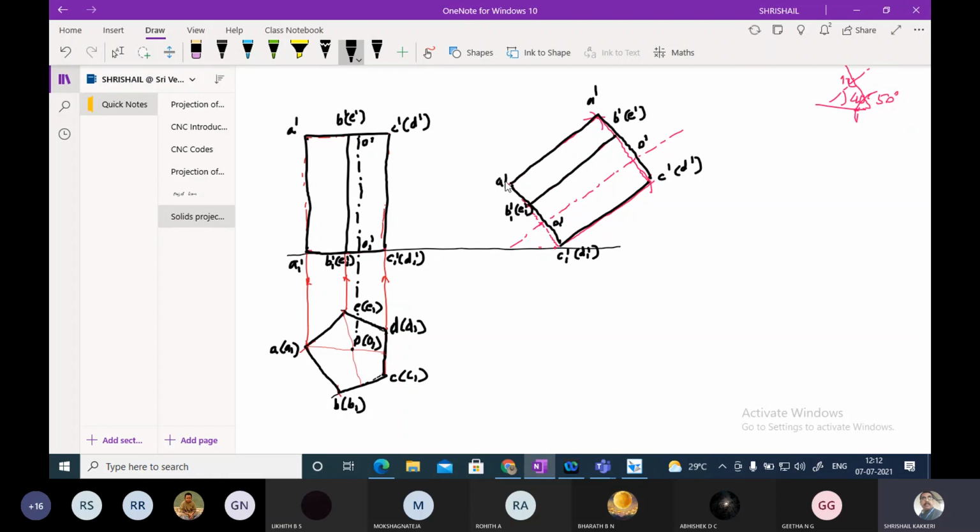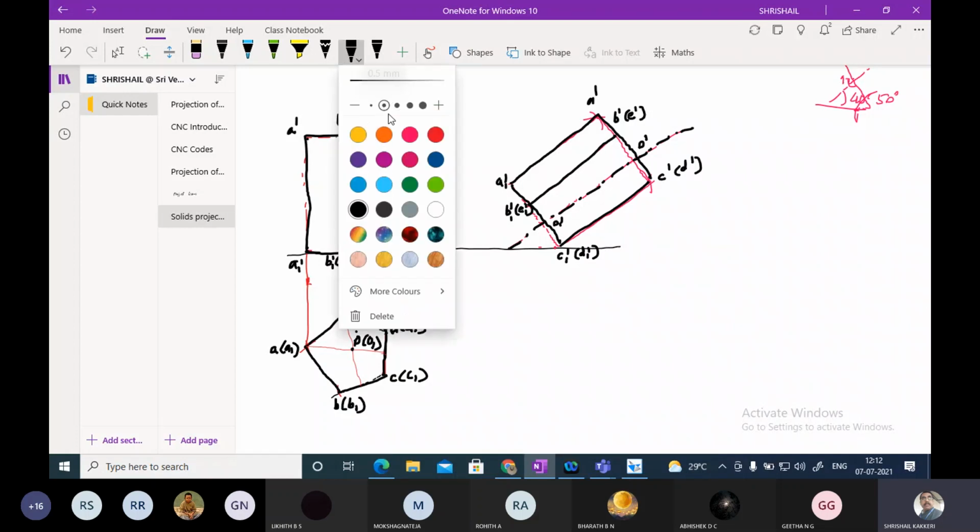Then next A1 dash. These are the points I have written. And if you want, you can make this also thick line. Make this axis line thick at one time, because if you write one or the other, it looks like a continuous line. So avoid it. Okay.